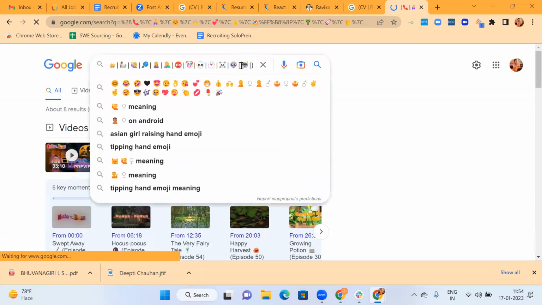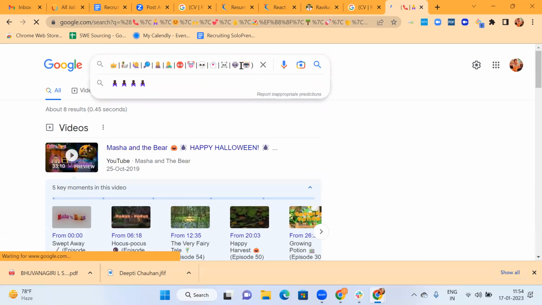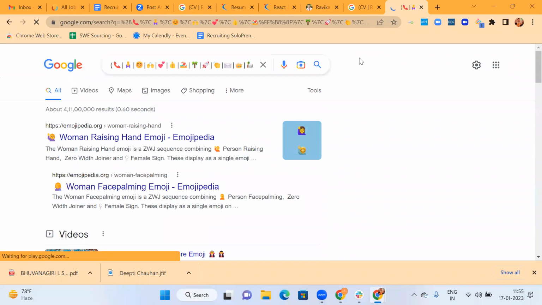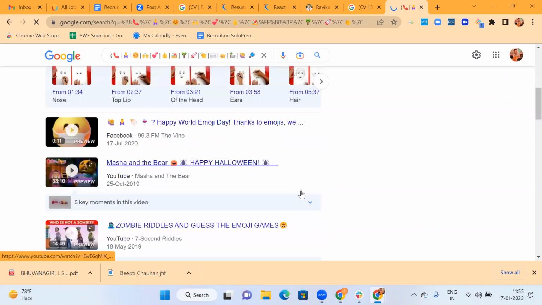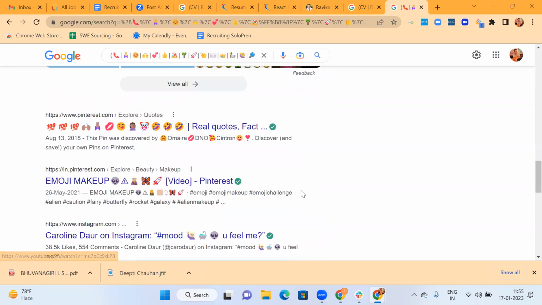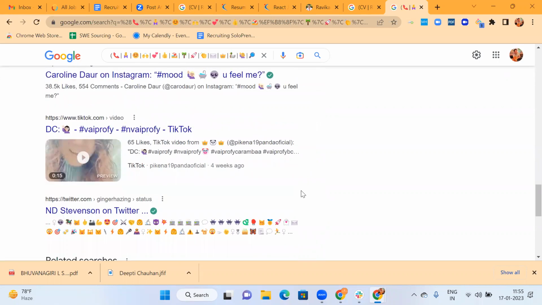There is something wrong here. Okay, so why this emoji?